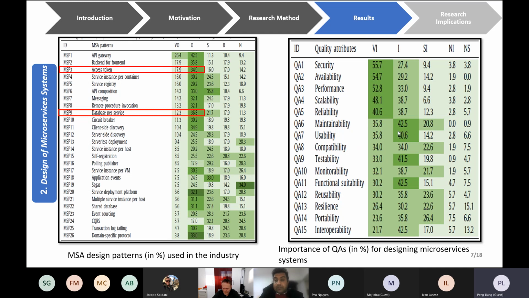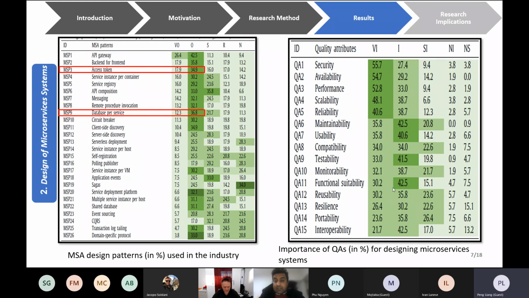About the frequent use of a security pattern like access token, our interviewees mentioned several reasons, such as token-based authentication allowing an application to access an API, one-time login, and no session preserved on the server side. It is stateless. Regarding the frequent use of the database per service pattern,